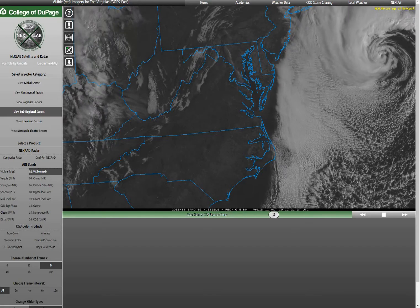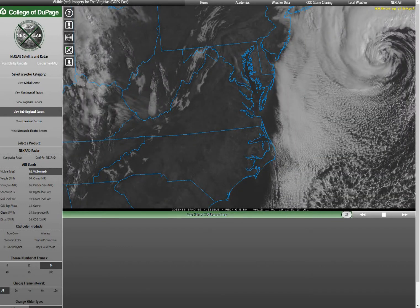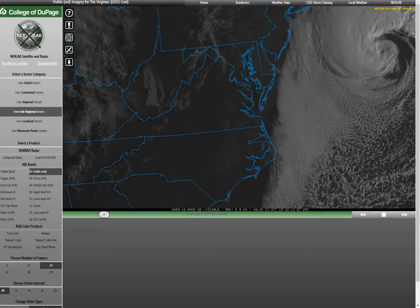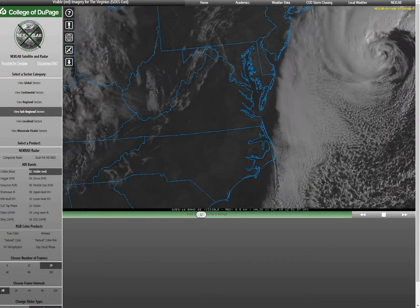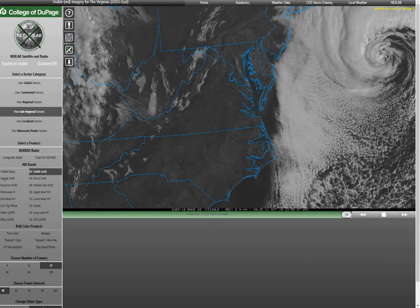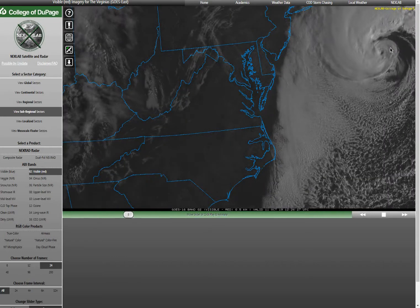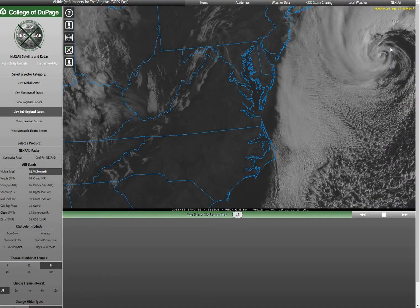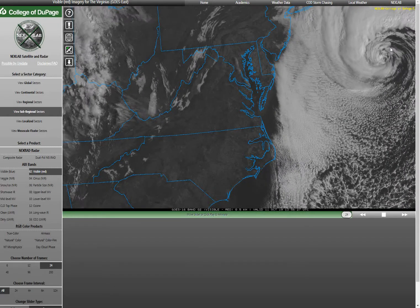Taking a quick look at our satellite to start off this morning, we have had this low slowly developing well to the east of the area over the past week. Now it's pretty much stationary there and has been exhibiting some tropical characteristics, so there is a chance it could be classified as a subtropical storm as we go later into today. But it is going to remain pretty much stationary exactly where it's at and slowly weaken as we go throughout today and tomorrow, and then moving east until away from the area,